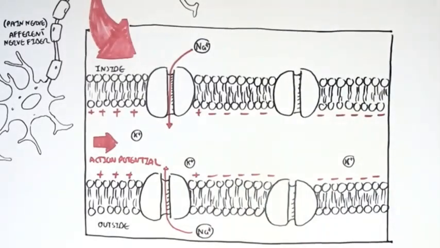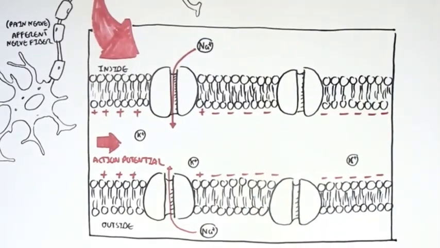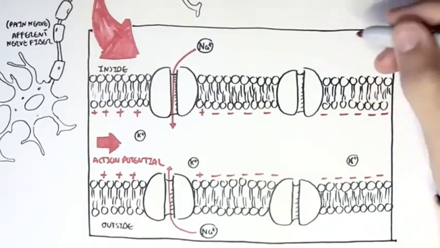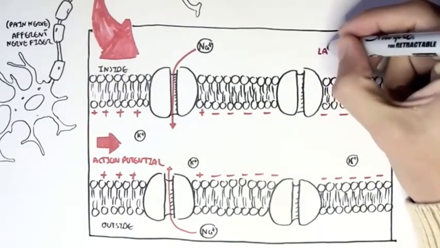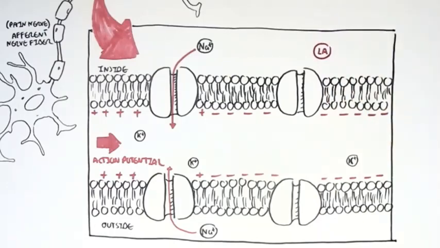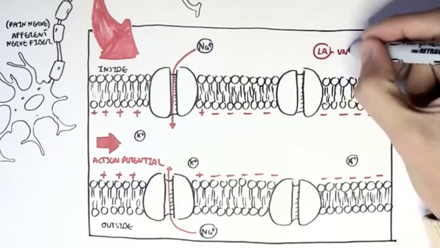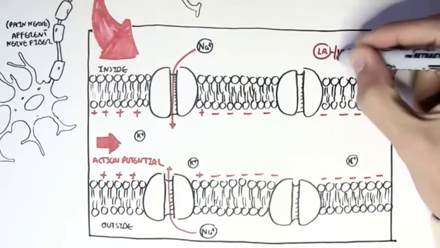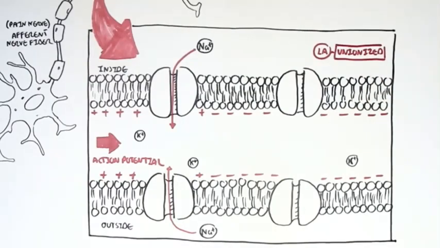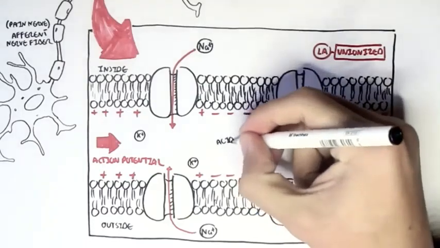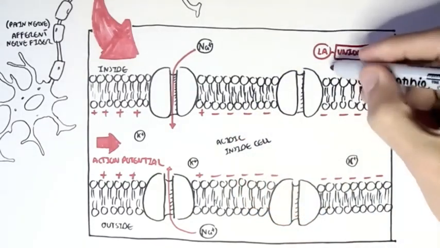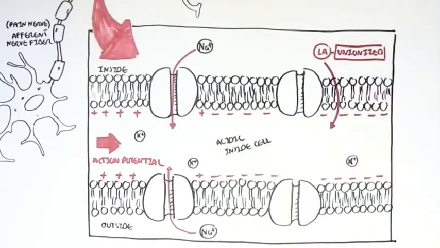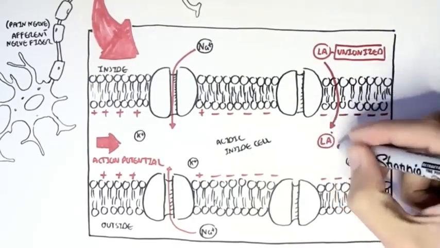What happens when a local anesthetic comes along? A local anesthetic will come along in an unionized form, meaning that it can penetrate the cell membrane. So here, the local anesthetic will penetrate the cell membrane and come inside the neuron. The inside of the neuron is slightly acidic in the physiological pH. And so when this local anesthetic goes inside the neuron, it will become ionized and so will not leave the